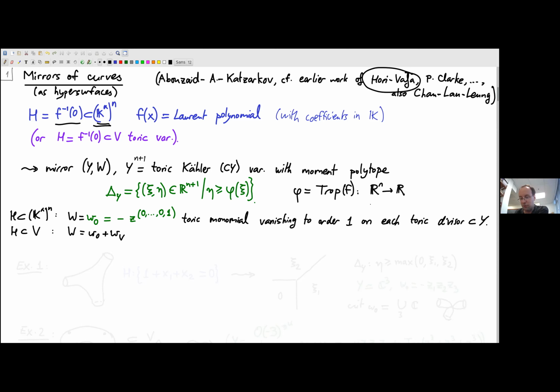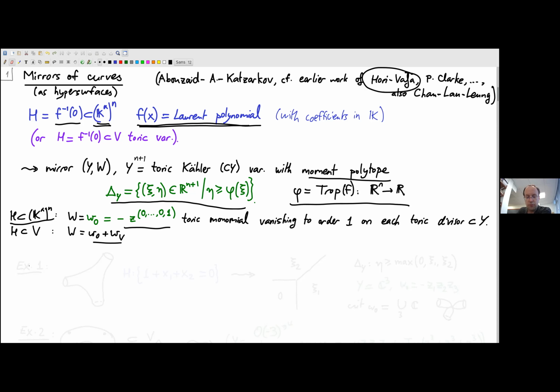You don't need to worry about it for this talk. It says, given a Laurent polynomial, you can produce a piecewise linear function called its tropicalization, which looks at basically the valuations of f in terms of the valuations of the variables. Then from there, you can produce a polytope, which is everything that lives over the graph of this tropical piecewise linear function, and treat that as a moment polytope for a toric Kähler variety, and then define a function on that, which in the case that your hypersurface was just in a torus, is just a single toric monomial. Otherwise, there's a sum of terms indexed by the divisors of your